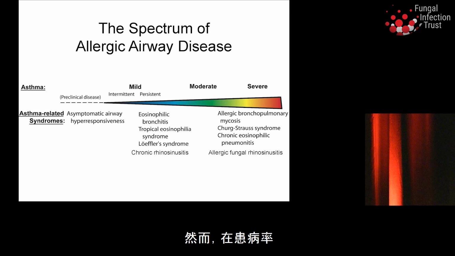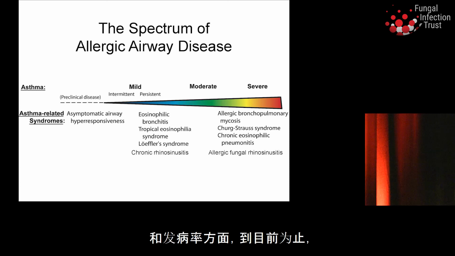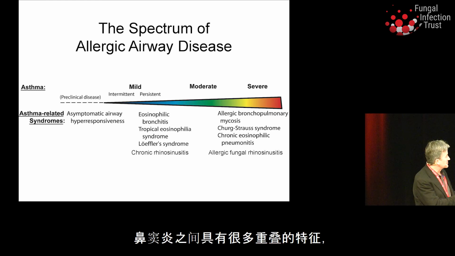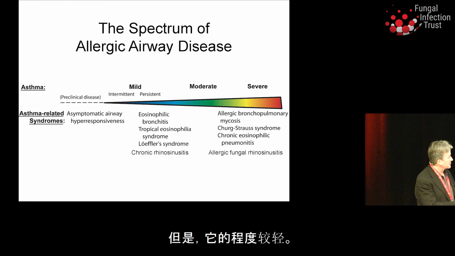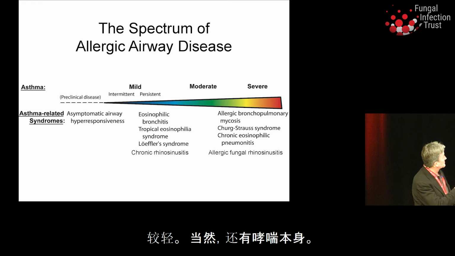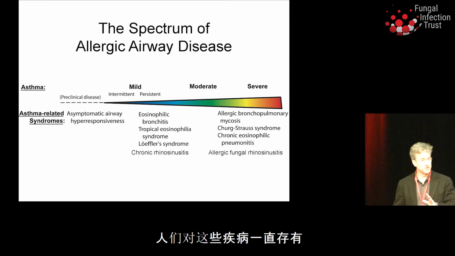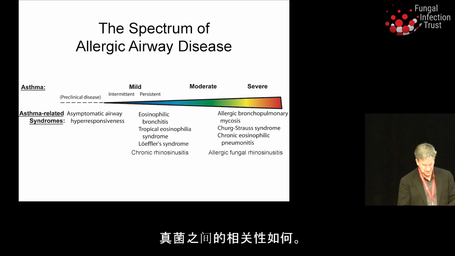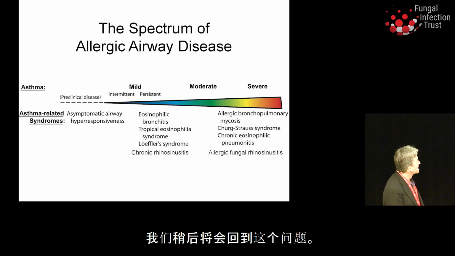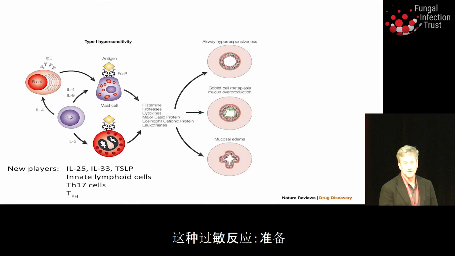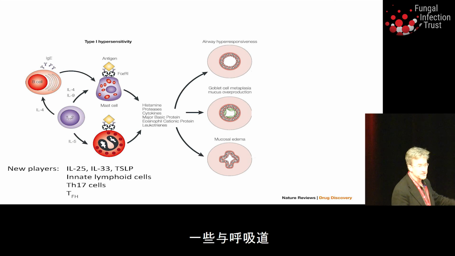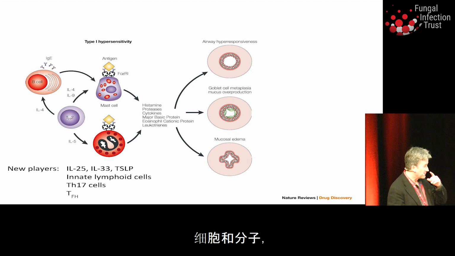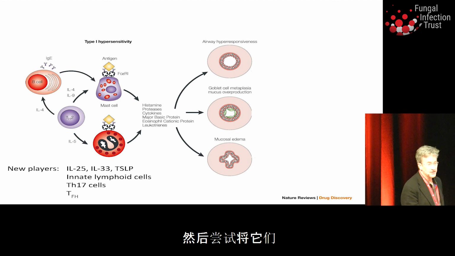And then in terms of prevalence and incidence in most populations, by far the most common are chronic rhinosinusitis, which has many features overlapping with allergic fungal rhinosinusitis, but less severe, and of course asthma itself. And then there's always been some question with these disorders as to how fungal related or not they may be, and we'll come back to that in just a moment. But in thinking a little bit more about that allergic response, just arranging some of the cells and molecules that have been very clearly linked to allergic inflammation of the respiratory tract, and then trying to fit that into some